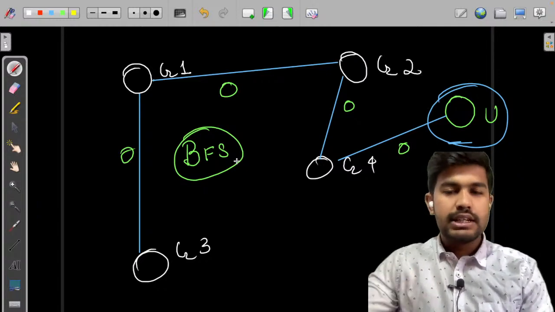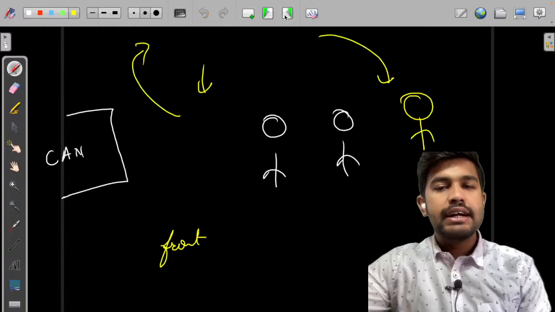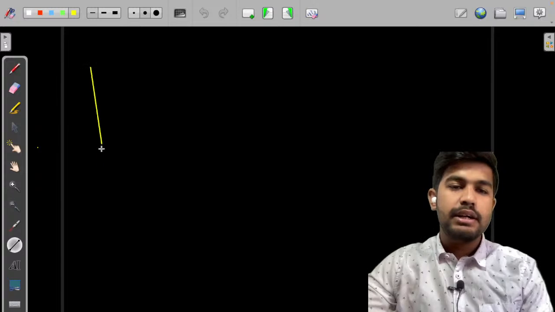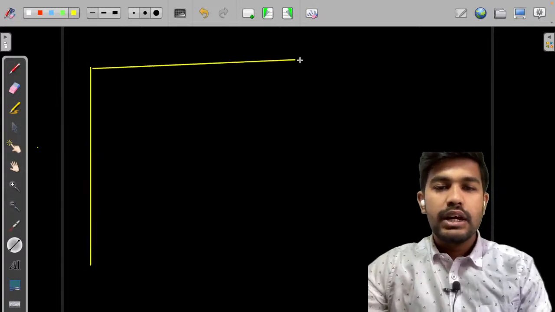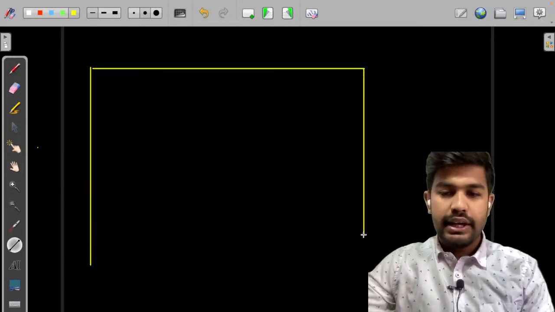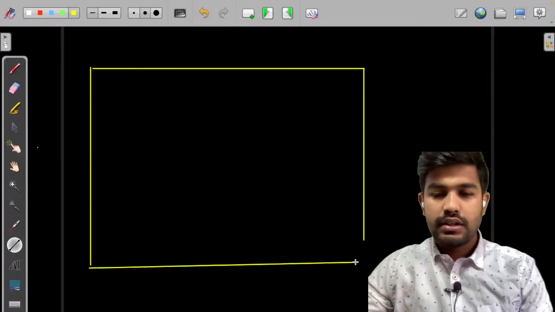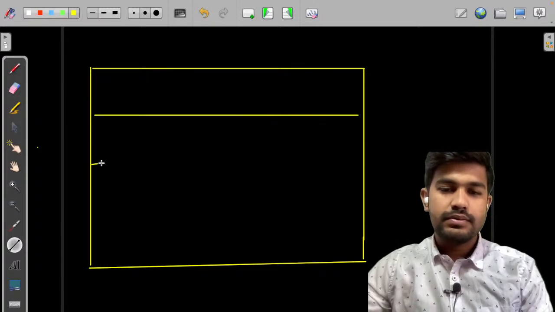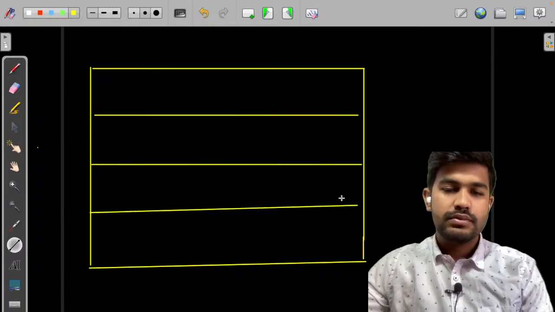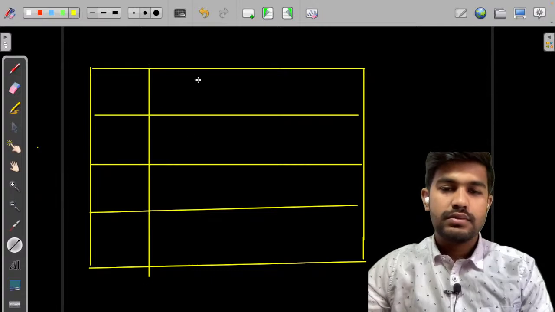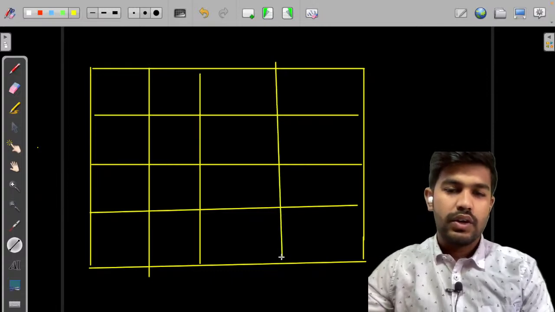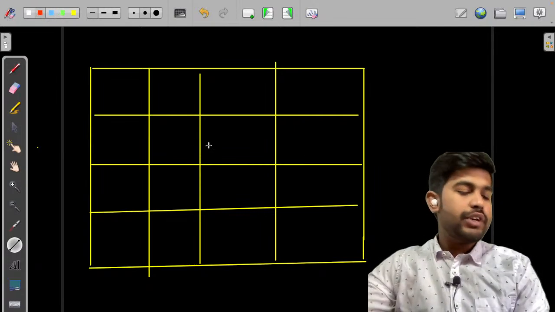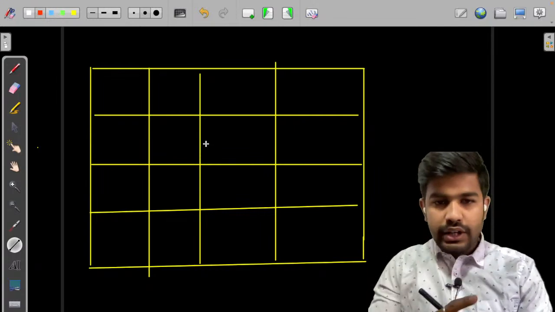Okay, this is done. Now let me take it a little bit up. Let me increase the difficulty by 0.1%. Now suppose there is a matrix given. Fair enough. And you are told that you first need to be within the boundary, and the next thing